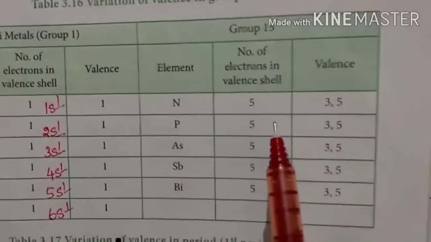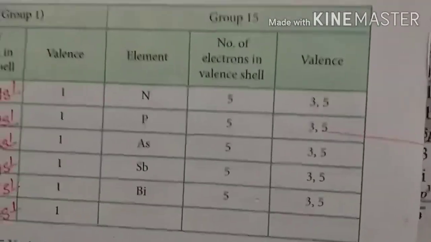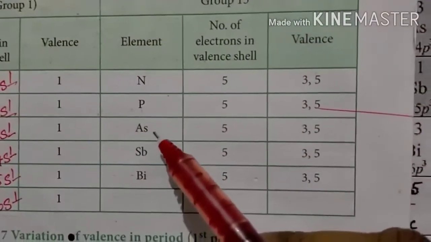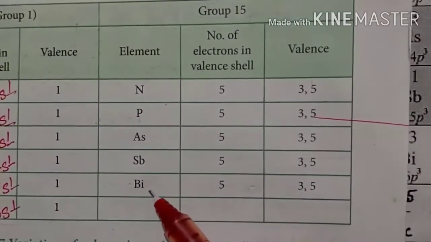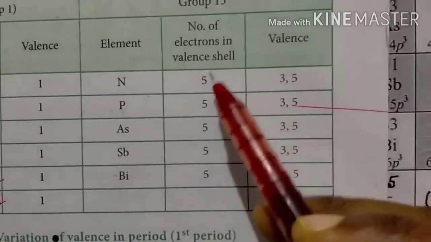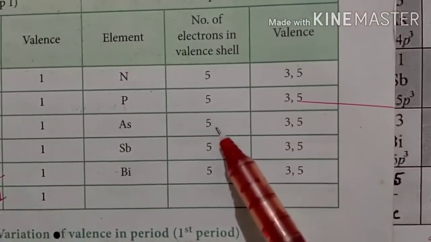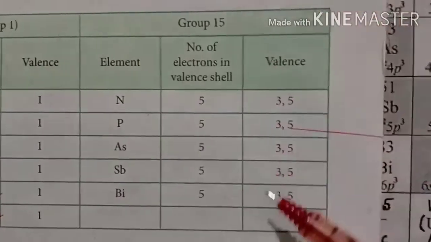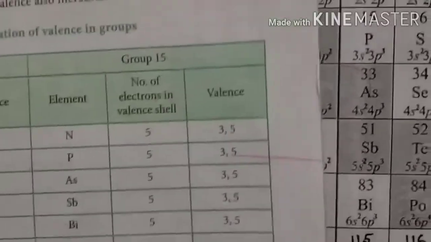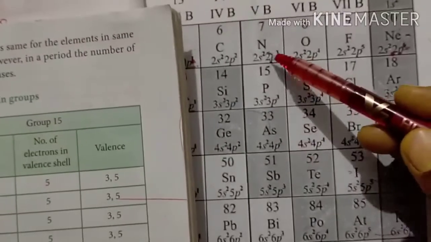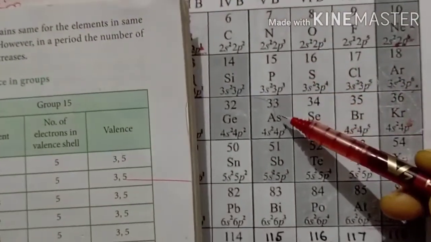And look at example 2, group 15. The elements are nitrogen, phosphorus, arsenic, antimony and bismuth. The number of electrons in the valence shell is 5, 5, 5, 5, 5. How does it become 5? In the group it is the same, and you can look at this in the 15th group, group number 15: nitrogen, phosphorus,